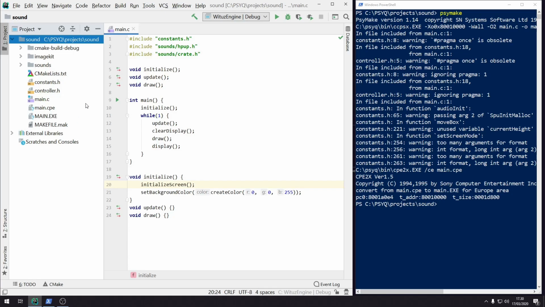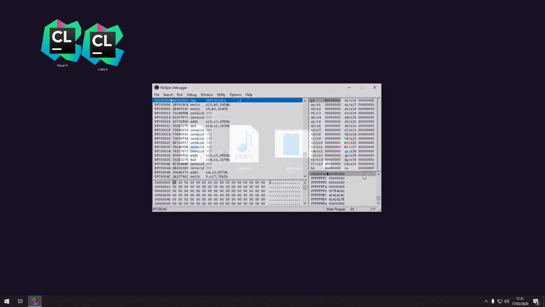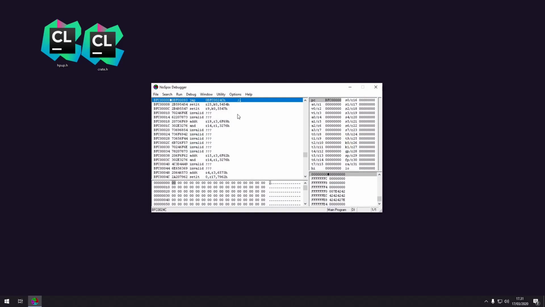So let's actually open up an emulator and see how this looks. Now I'm using a new emulator in this episode. It's called Nocache PSX, and it's made by a guy called Nocache. It's a really good emulator because you can use it to debug as well. You can see text output and you can see what's in the memory of the PlayStation and in the different parts of it while you use it. So I highly recommend it, but you can use any emulator you want.